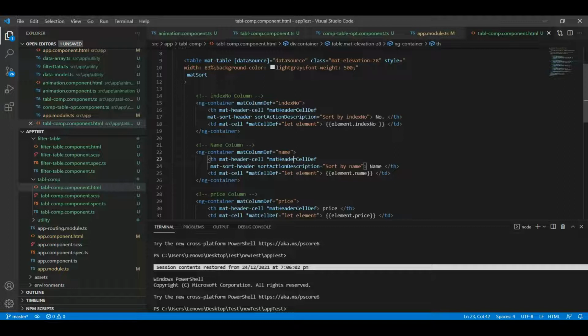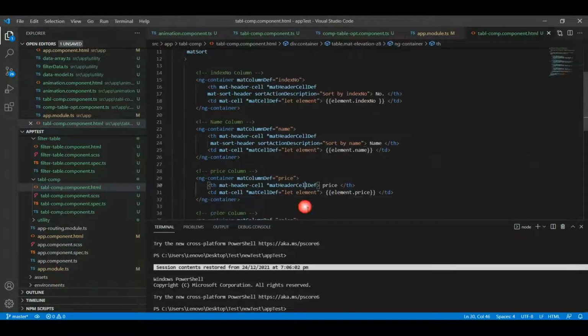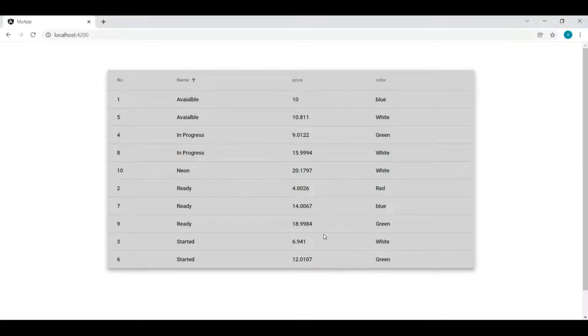For that purpose, matSort also provides the matSortChange event, and through that event we can update the live announcer. That means we can integrate the LiveAnnouncer from the Angular CDK library as well. So that is one thing you can implement. I am not showing that here now. Okay, this is all about the sorting.